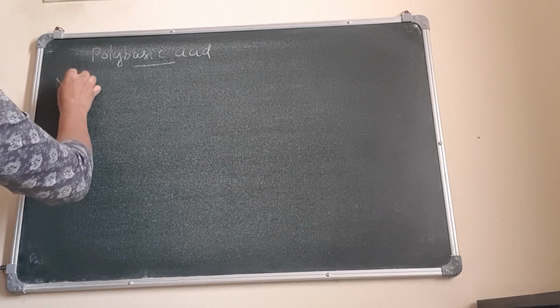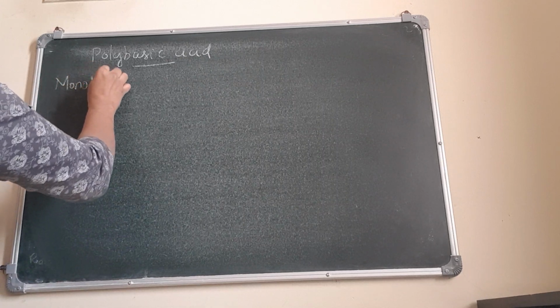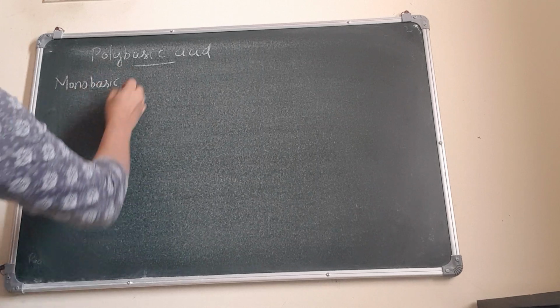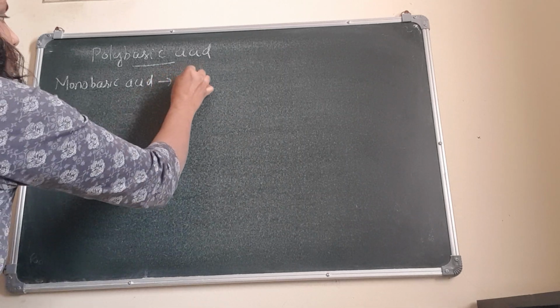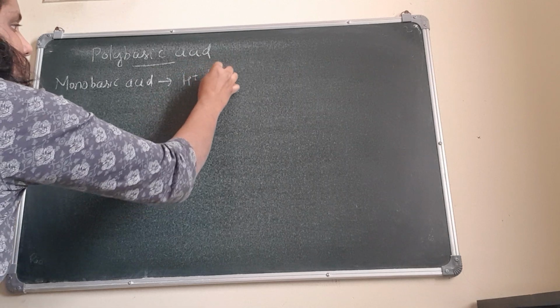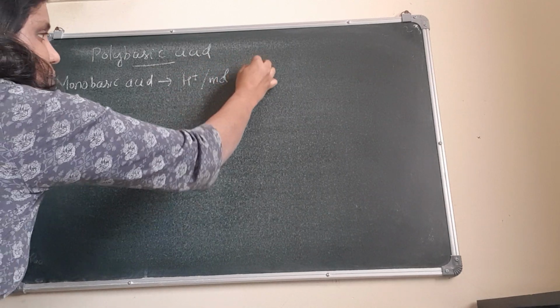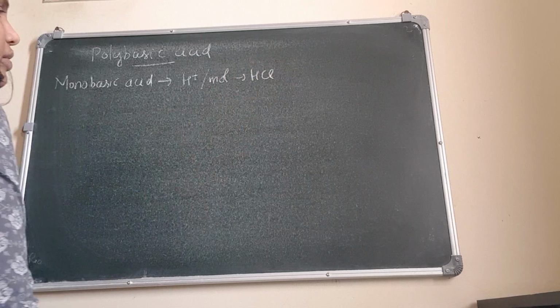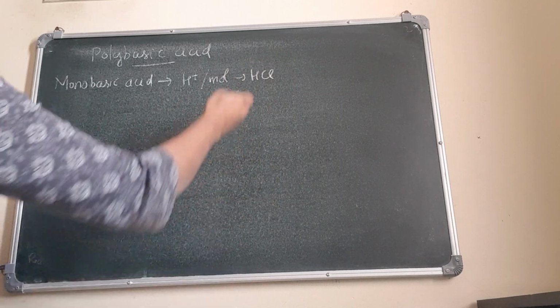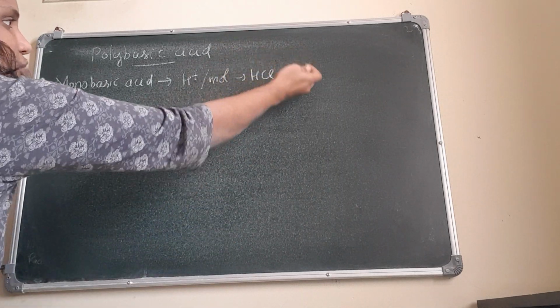So let us now study the polybasic acids. You have studied this already. How do we define a monobasic acid? Or we even say it is an acid whose basicity is 1, nothing but a monobasic acid, if it can give 1 H plus ion per molecule. For example, HCl is a monobasic acid because when it dissociates, one molecule gives 1